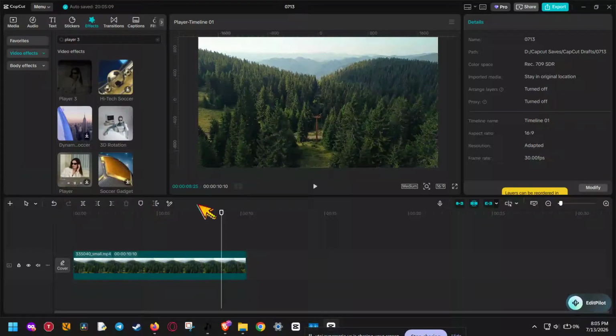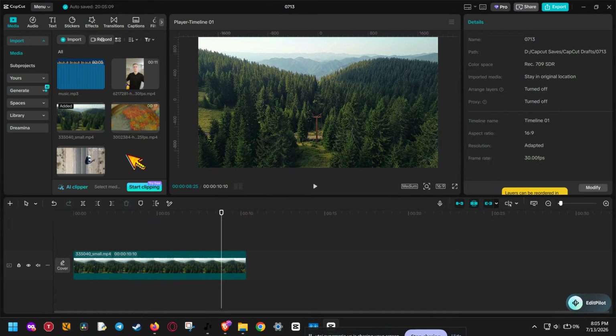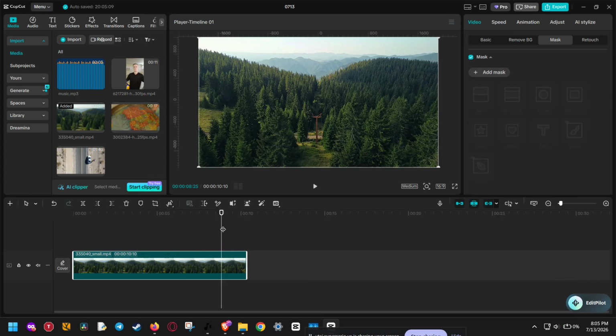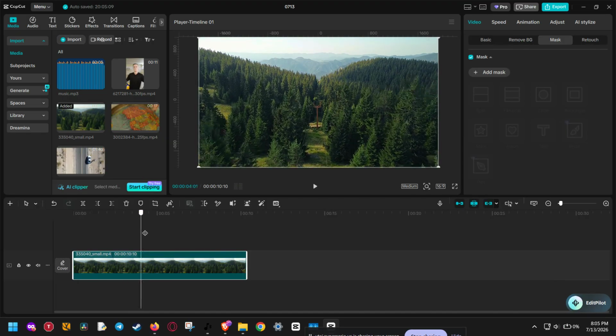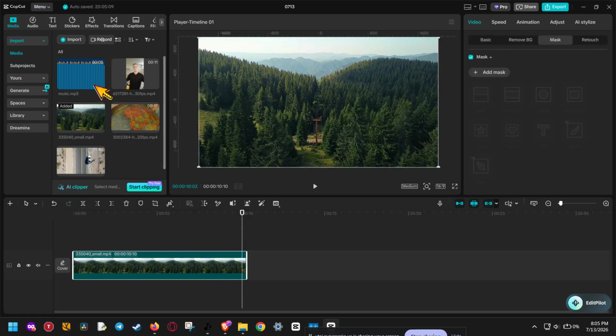If you want to create a 3D image effect in CapCut, you're in the right place. In this video, I'm going to show you how to turn a regular photo into a more dynamic, eye-catching 3D style image using just a few simple steps. This is a great effect for reels, shorts, intros, thumbnails, and any project where you want your image to stand